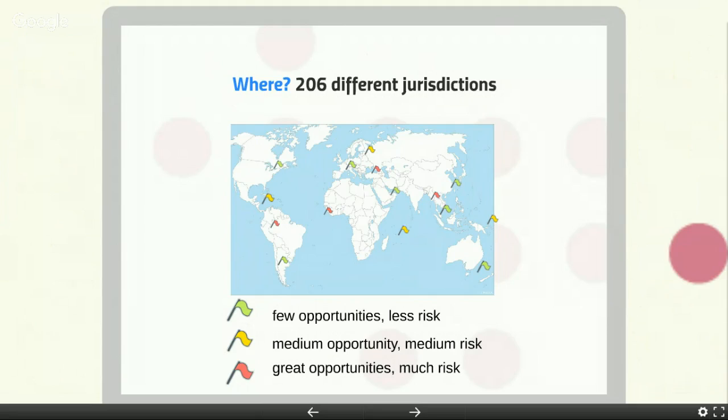These flags are true mostly for offshore opportunities. For example, in America, you have not that many opportunities, but not much risk either. Same is true, for example, for East Asia, for Hong Kong, Singapore, for New Zealand, Australia, or even South America, Uruguay, Chile. There are also countries where you can do a lot with medium risk, like the Seychelles, Mauritius, Maldives, some Pacific islands,